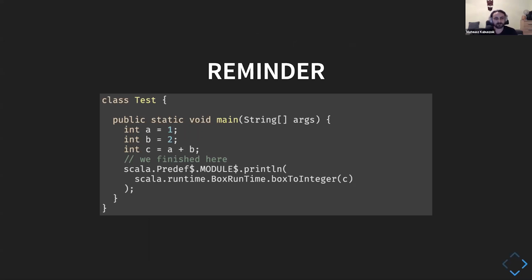Now we are moving to the part where we are calling this Predef module to call some methods. I decided to show this because there are some interesting things happening. It will be on one hand very similar to what was happening so far, but on the other hand, it will also introduce some new things. The first question that we might have is why we cannot pass an integer to this println function. If we take a look at the signature of this function, we will see that it's accepting java.lang.Object. So is an integer not an instance of java.lang.Object?